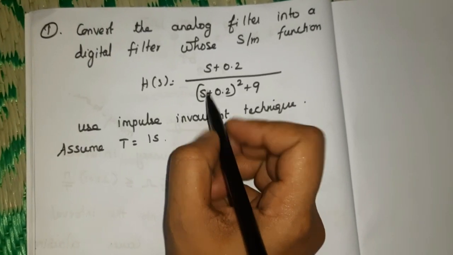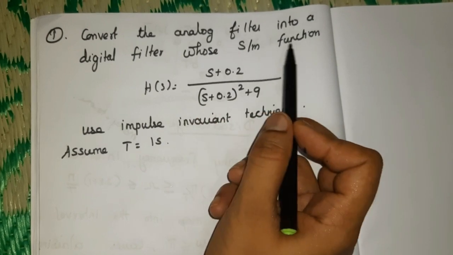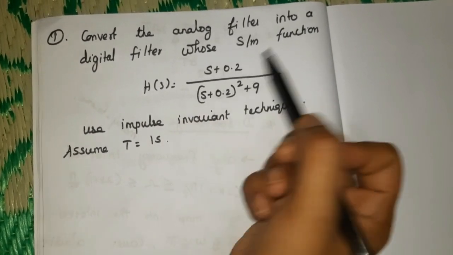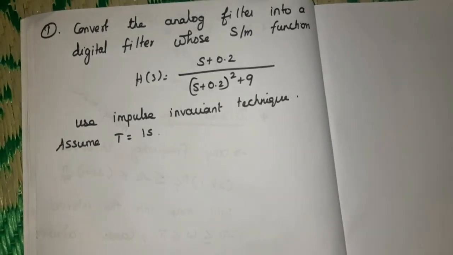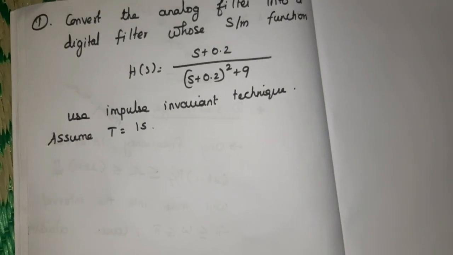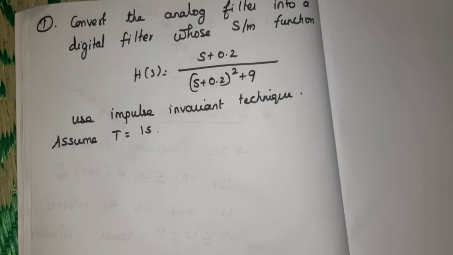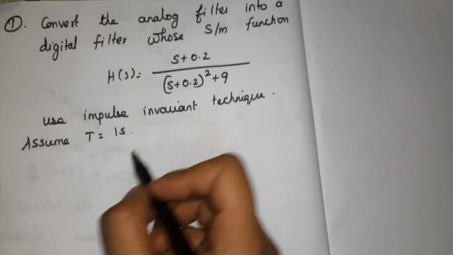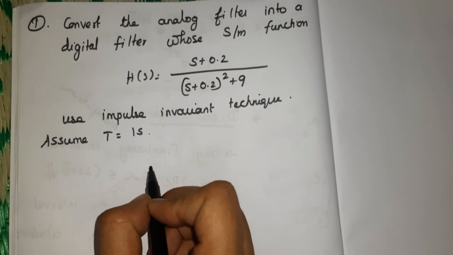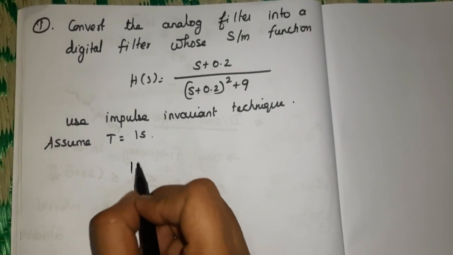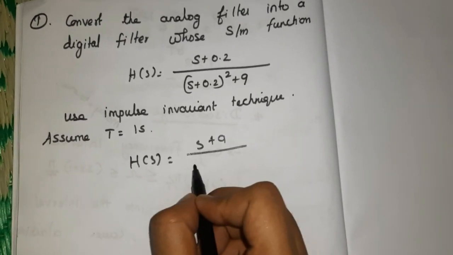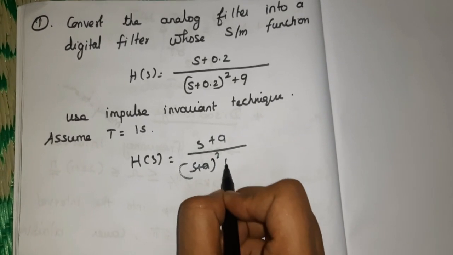So now we solve the problem. Convert the analog filter into a digital filter whose system function is H of s equal to (s plus 0.2) divided by (s plus 0.2) the whole square plus 9. Use the impulse invariant technique. Assume T is equal to 1 second. So here H of s is of the form (s plus a) divided by (s plus a) the whole square plus